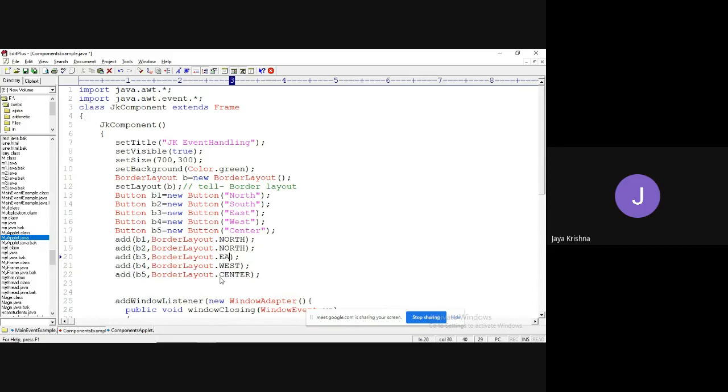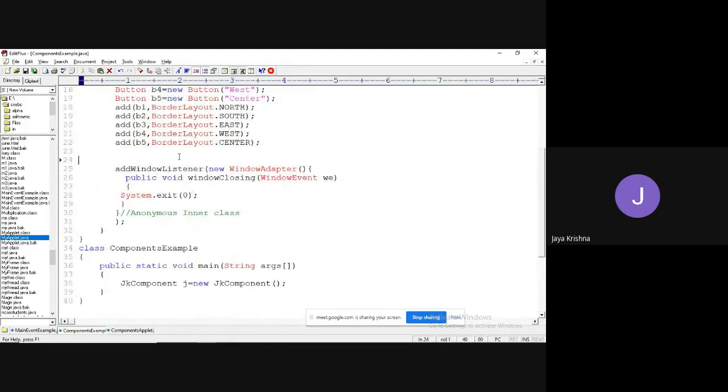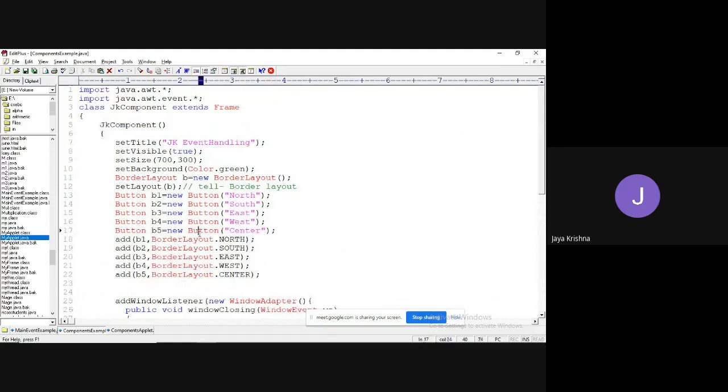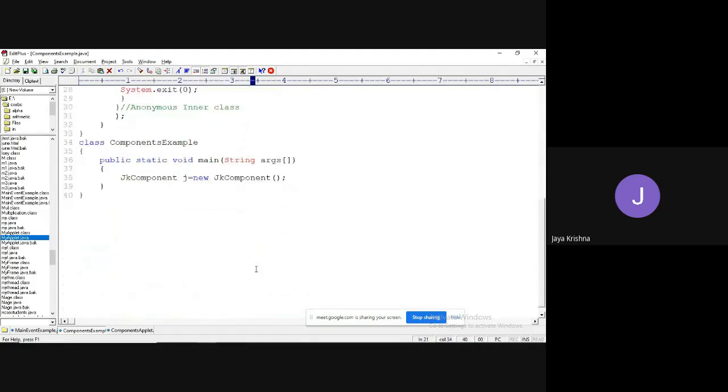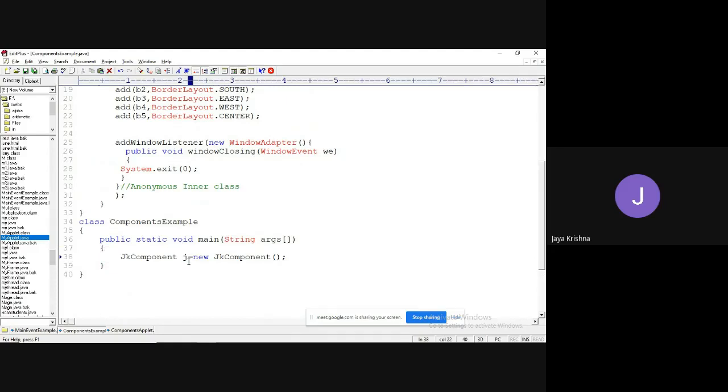B3 at east. And the remaining one is at south. I can use other label names here, but you couldn't understand that directly. Okay, I have added them to my container and it follows the border layout mechanism. The remaining is all the same. If I wish to close, I can close, and I can call this.